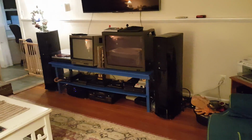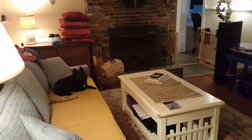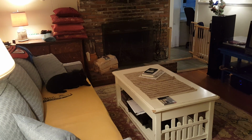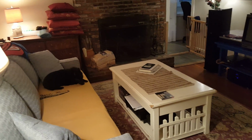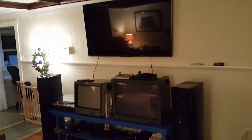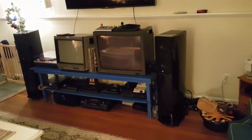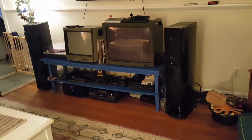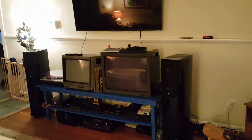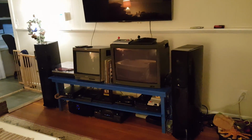K2's crib. So this is what we're working with currently, and this is the couch with Jackson making himself very comfy. And over here, this is my living room. First up, what you guys should realize, I don't think anybody really is a fan of that show, but I hear it a lot, Tiny House USA and that sort of thing. So this house is not very large,